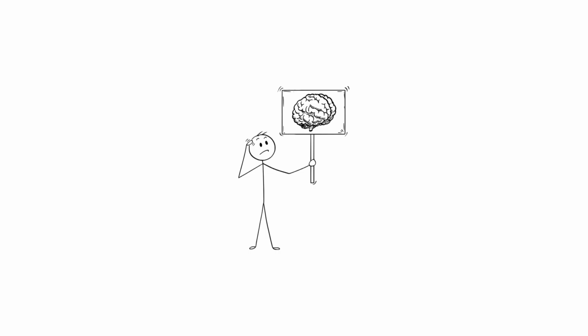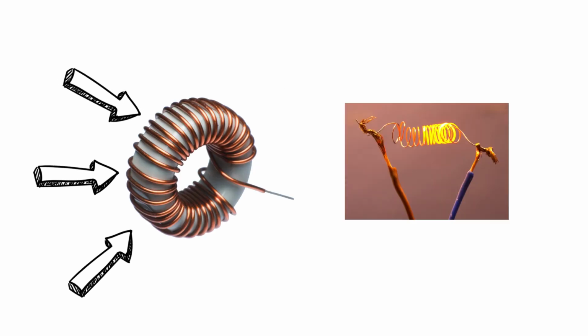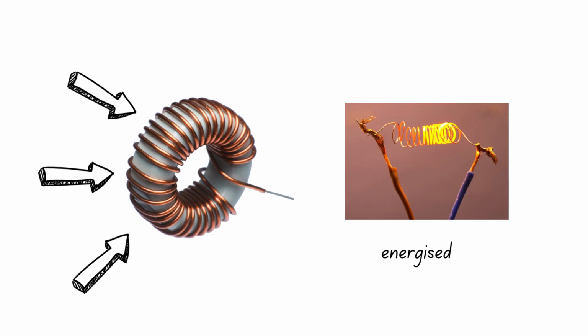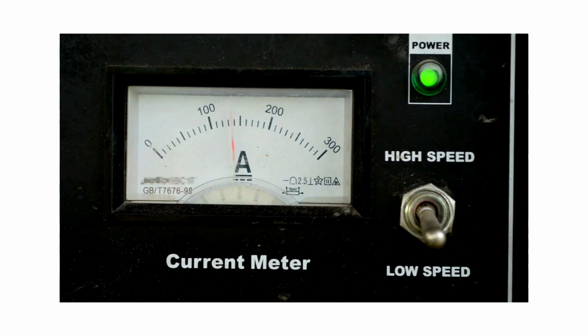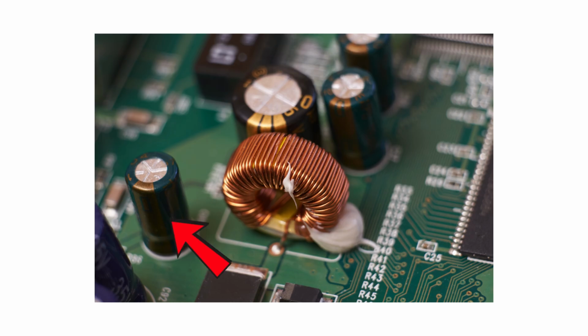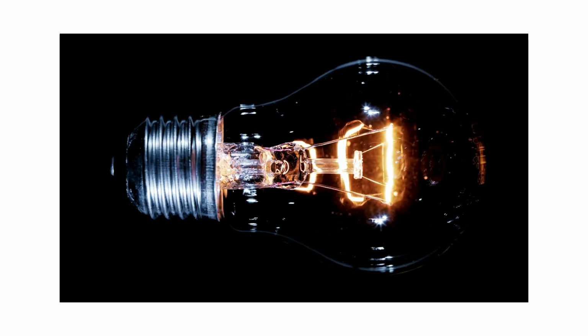This means that the inductor will absorb energy from the circuit as the current rises and is said to have been energized. When the current starts to fall, the inductor fights to keep the current constant by releasing the energy stored in the magnetic field. So, like capacitors, inductors are also continuously absorbing and releasing energy in the AC circuit, creating a phase difference between